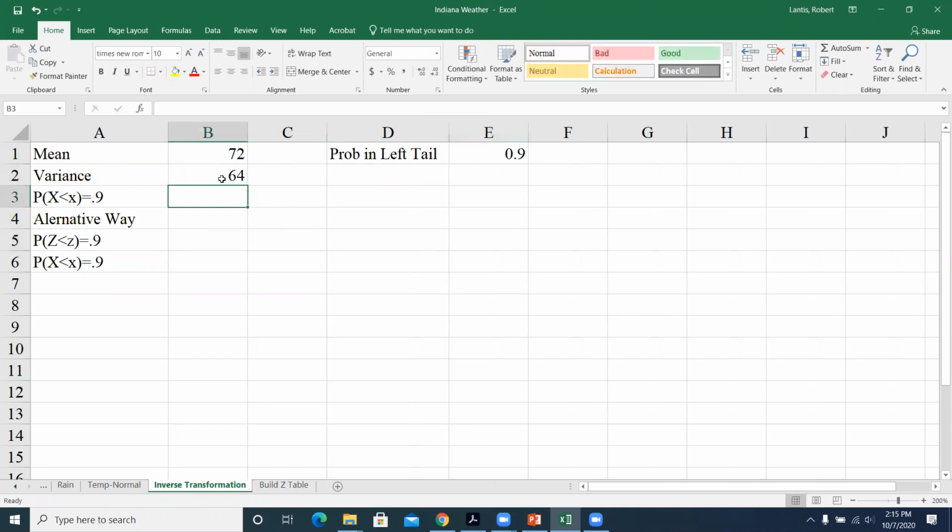So if I want the X value that gives me that area in the tail, where the probability of seeing that cutoff score or anything below it is 0.9, I know the area in my tail. I want to find what that X value is, that cutoff score, right? Now, the way that I just showed you, we first have to find the Z-score, then plug that into the inverse transformation formula. So if I wanted to do that,